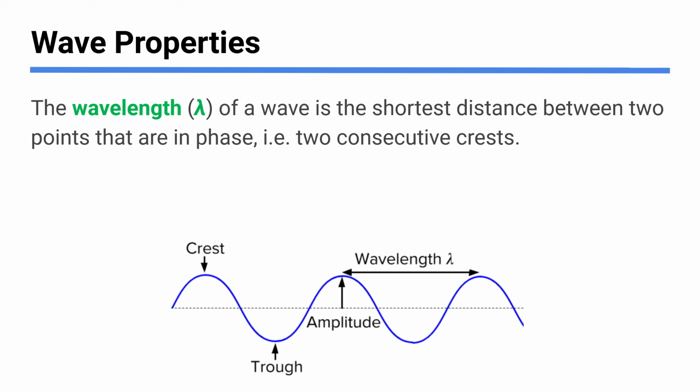It's a distance between 2 points. Think of it as the crest-to-crest distance, peak-to-peak distance. That's probably the easiest way to think of it. Officially, it's the distance between 2 points in phase, 2 consecutive in-phase points. Meaning 2 points that are doing the same waving thing at the same time.